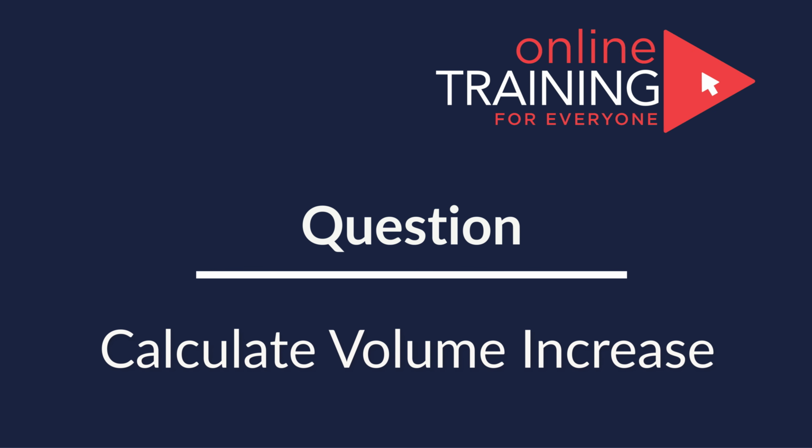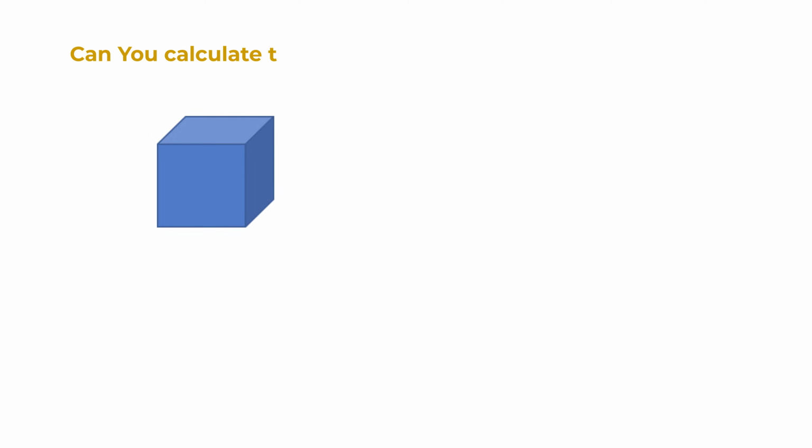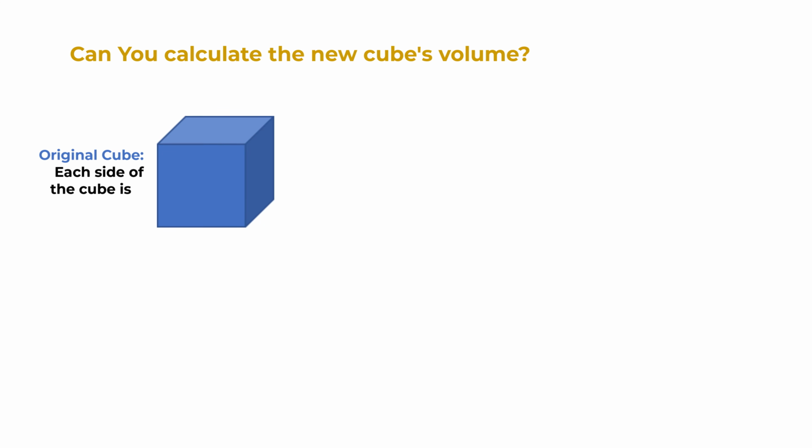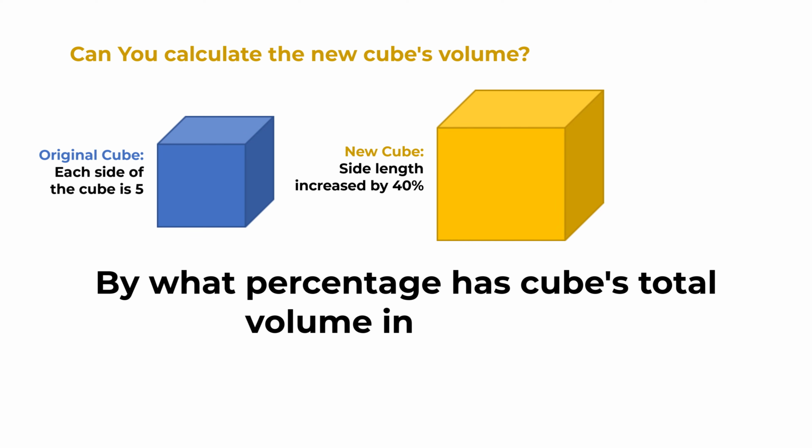Here is a very interesting question we frequently see on the test. A 5 by 5 by 5 cube has its side's length increased by 40%. As a result of these changes, by what percentage has the cube's total volume increased? You're presented with 4 different choices. Choice A,